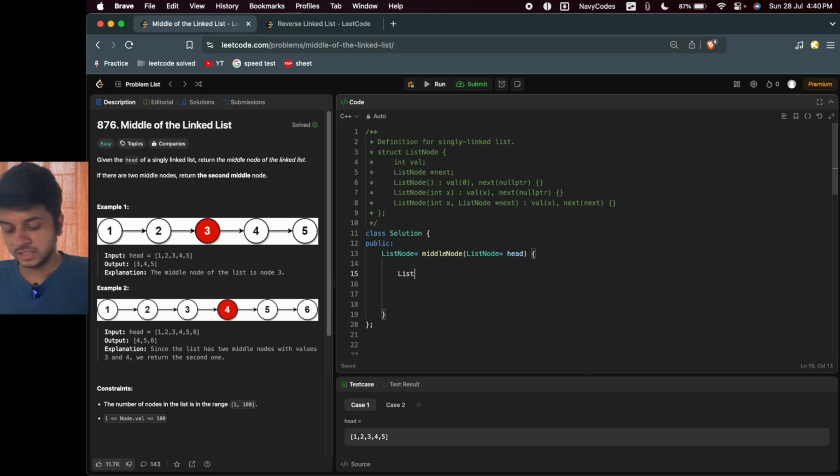So ListNode* temp is created, and temp is equal to the head for now, because we have to iterate it, so we are going to start from the head all the way till the end. And also I'll just put count is equal to 0. So while my temp is not equal to null,